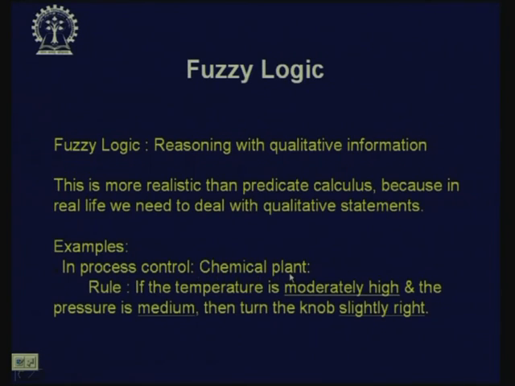Here is an example from a chemical plant. We often use rules like this: if the temperature is moderately high and the pressure is medium, then turn the knob slightly right. Okay. Now, if the temperature is moderately high, this part,